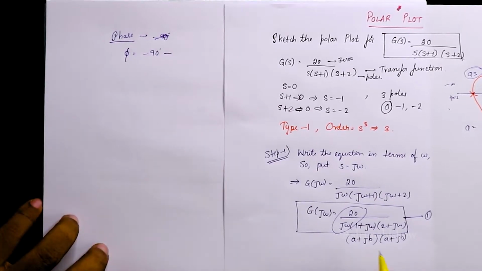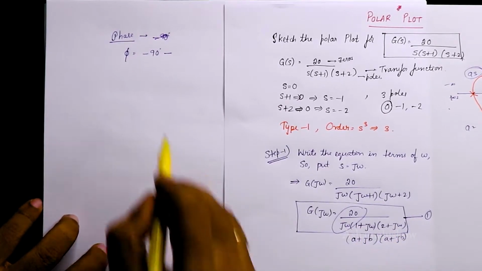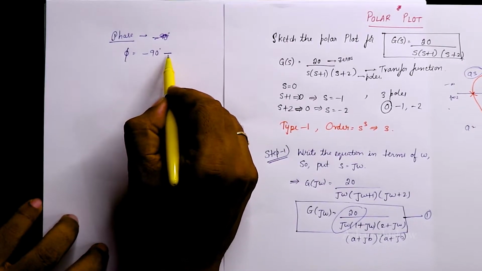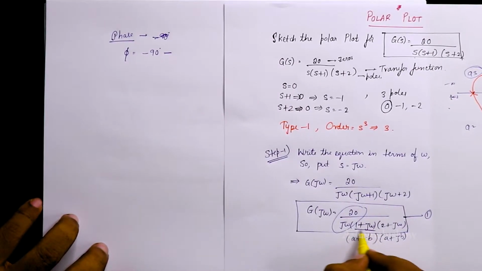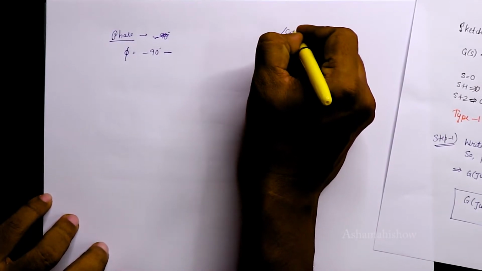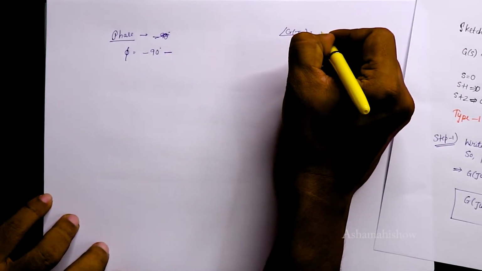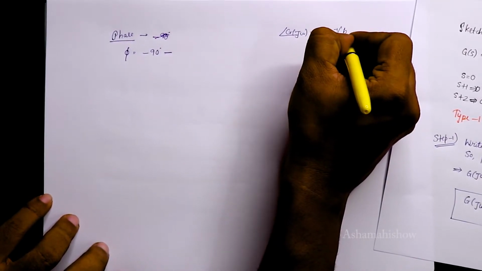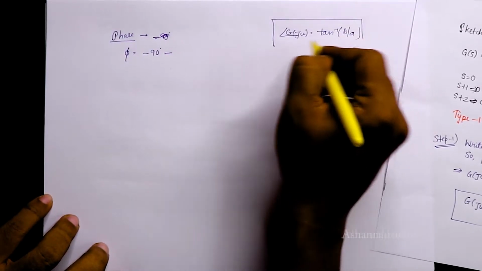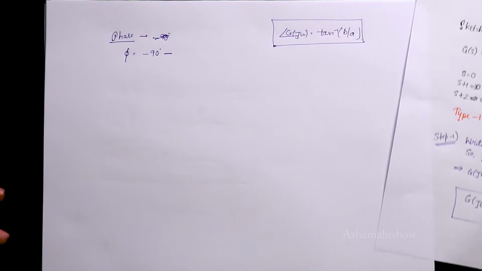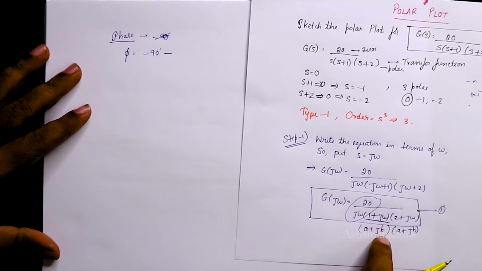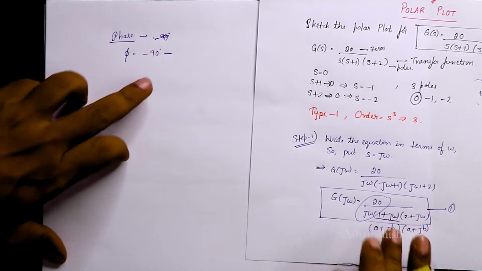So we have s terms in the denominator, so we have to write minus, because if they are in the numerator we have to write plus, if they are in the denominator we have to write minus. So 20 plus, now this is 1 plus j omega. So what is this 1 plus j omega? The angle of j omega is given by tan inverse b by a, as in the Bode plot which I have said before. The angle of g of j omega is tan inverse b by a. So we have already written here in a plus jb format. So for this it is actually minus tan inverse.